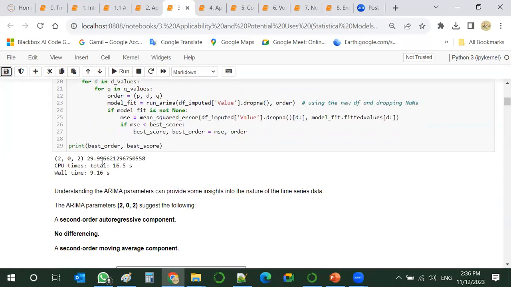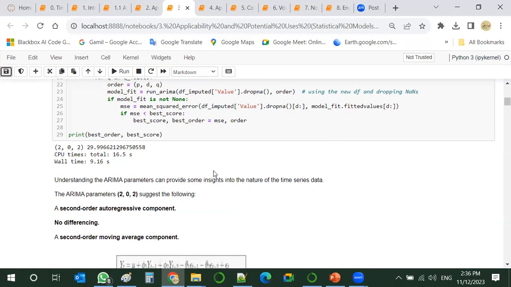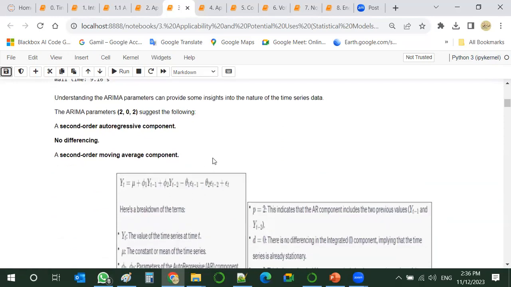So our best order, best score is 202. Understanding these parameters will provide for sure insights into the nature of the time series and the model to be correct.